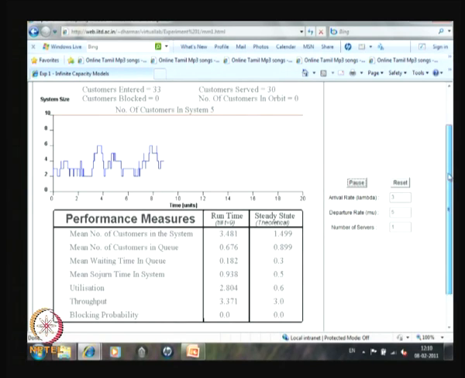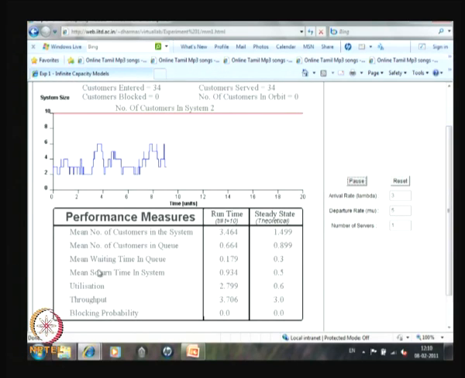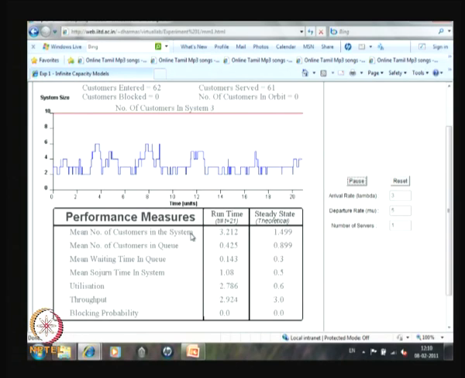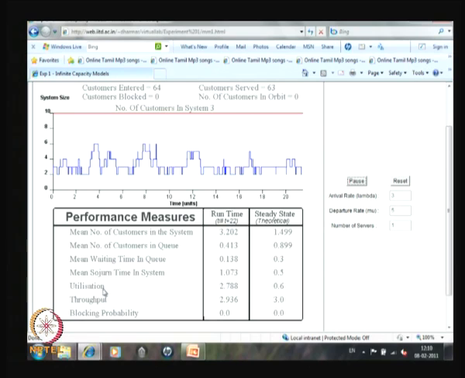and this table gives the performance measures. We have calculated the average number of customers in the system, that is E of N, the mean number of customers in the queue, E of Q, the mean waiting time in the queue, that is E of W, and the mean sojourn time in the system, where sojourn time, spending time or response time are all the same, that is E of R. And the utilization is nothing but the probability that the